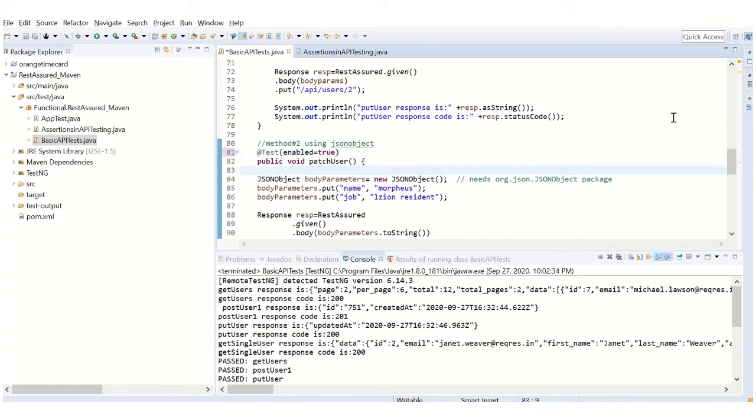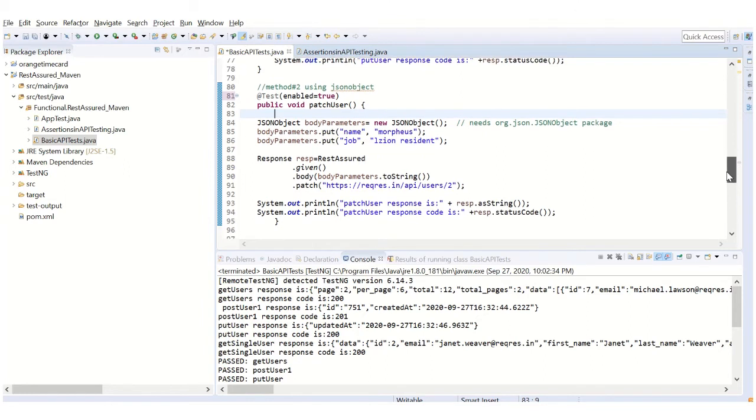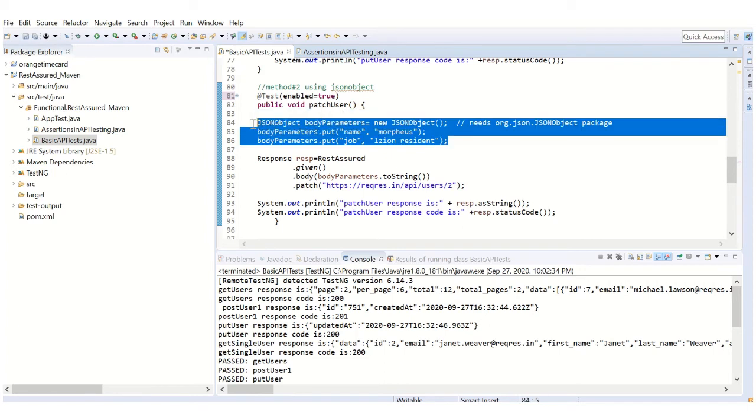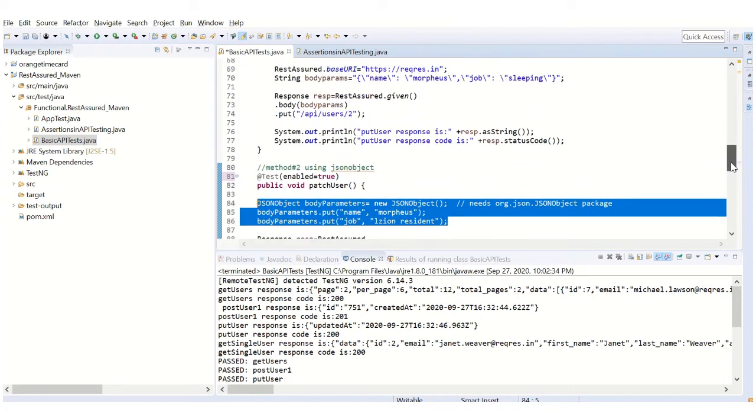So yes, it's supposed to be exactly same how we have done it for the other APIs, but you see a difference over here. This part, this is the difference you would have noticed when I said it is same, but you may feel like it is not same, but I'll explain what it is exactly. So earlier we have created a body like this. There is another way which is a more refined way or a structural way to make the body for any API, which is using JSON object.